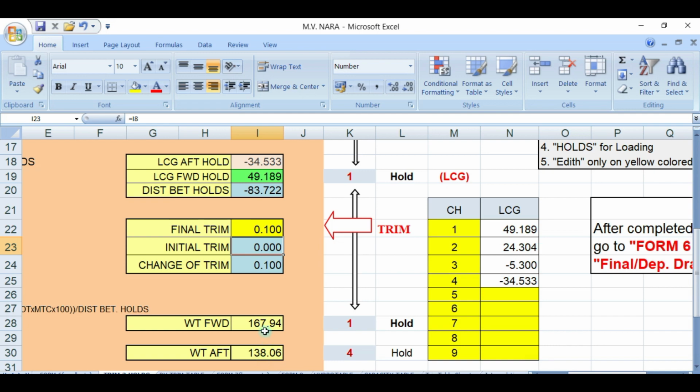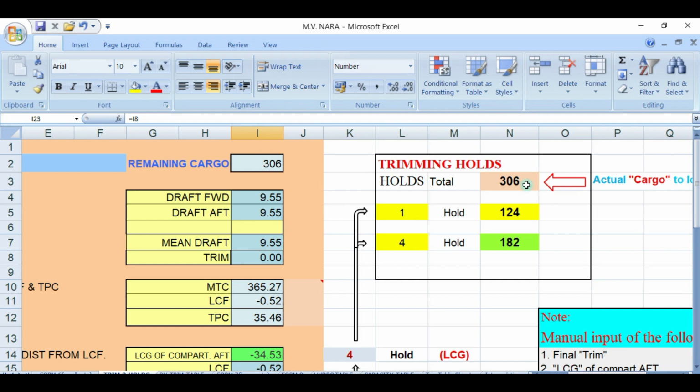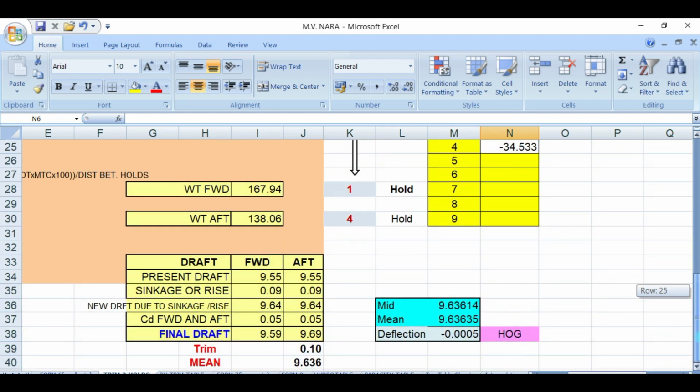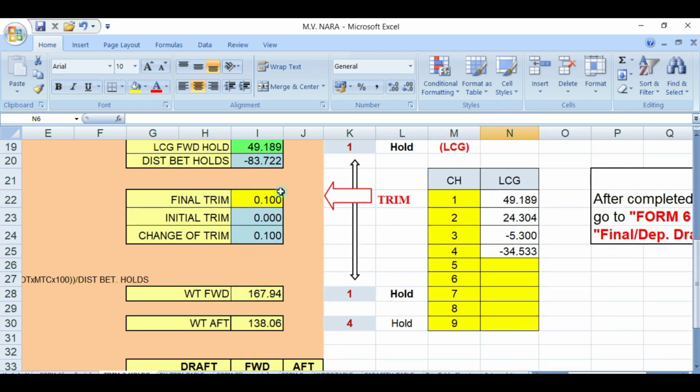So I put number 1 168, and number 4 will be 138. Got here. And what will be the drop? So you have a trim here of 10 centimeters, which is this one.